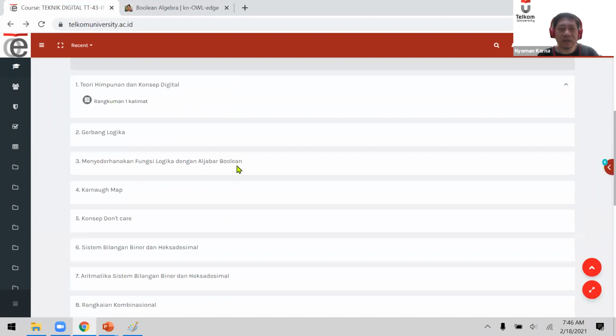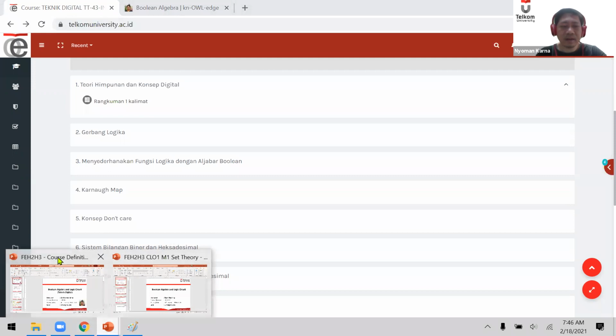And for the third week, Boolean algebra, I'm going to explain it using maybe 3 weeks, starting from the next week, the third week, and also maybe we're going to use some part of the time for the fourth week. Okay, so on the scale of 1 to 5, it's 3. That's from my experience. Okay, now any other question? No? Okay, sir.